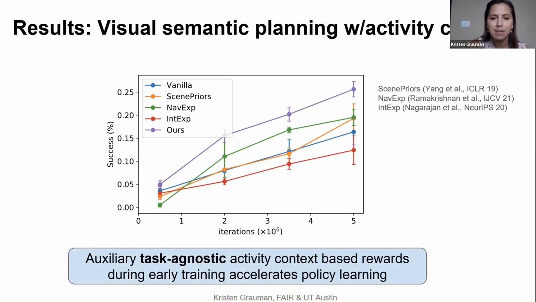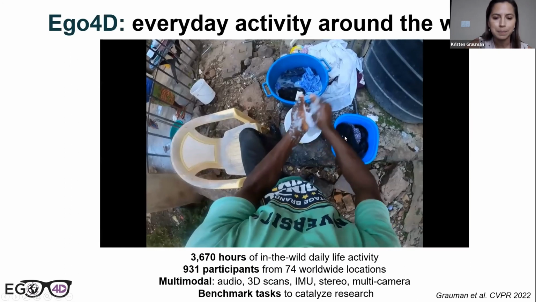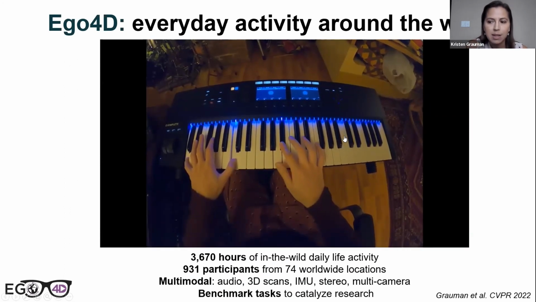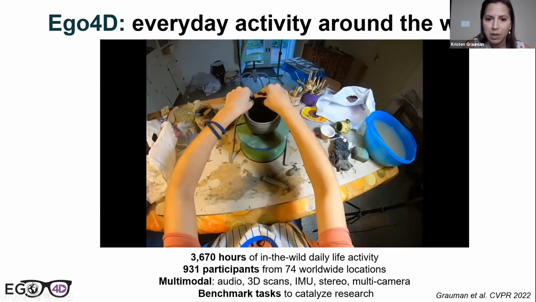Okay, and when we do this, kind of like the plots I showed you before, but now in a different setting, with a different baseline, we're seeing that we can accelerate the learning and have more successful policies. And that's compared to state-of-the-art exploration models, as well as the use of more co-occurrence-based scene priors. Okay, so I've shown you some of our steps towards agent action being informed by human activity.